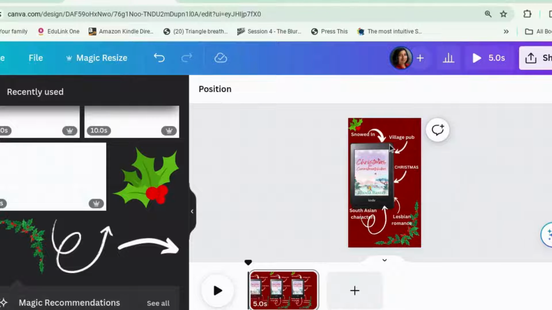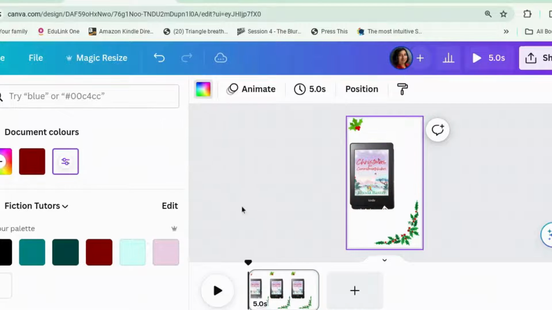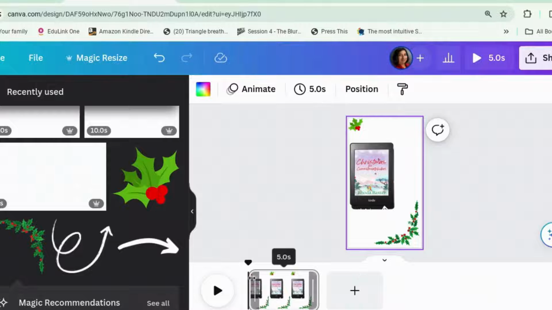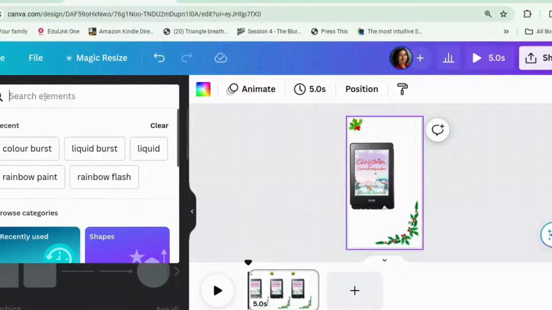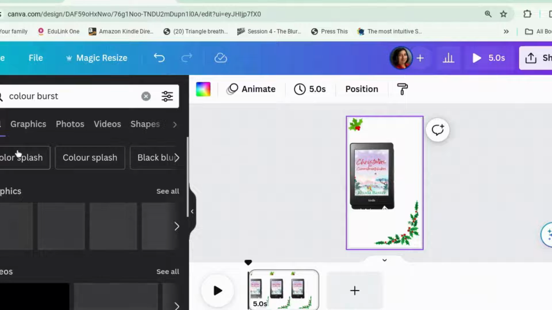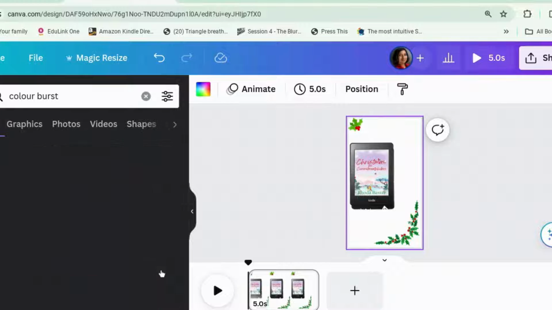Okay, right. Now what we're going to do is we're going to turn this white, so you can't see any of the writing or the arrows. And then we are going to find a color burst. So what we are going to search for is color burst. And if you look at videos,